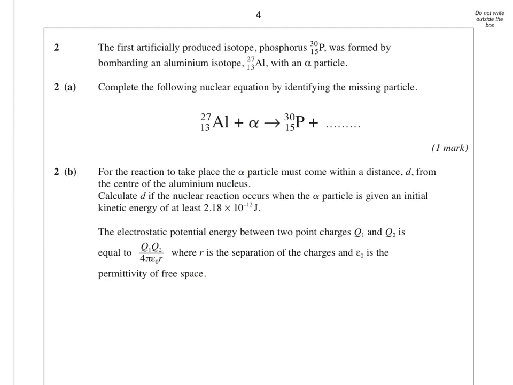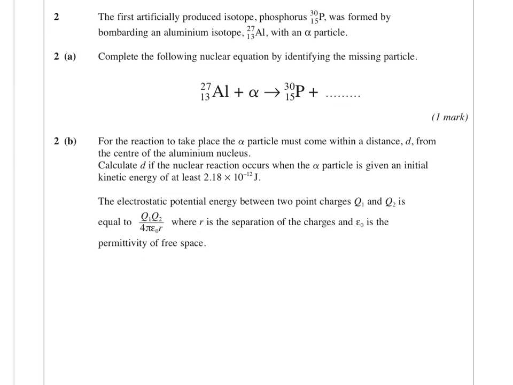Okay, let's move on. So the first artificially produced isotope, phosphorus, was formed by bombarding an aluminium isotope with an alpha particle. Complete the equation by identifying the missing particle. Okay, so the total nucleon number on the left is 31, once you take into account the aluminium and the alpha, so we need 1 on the right hand side. The total number of charged particles on the left is 15, and on the right hand side is 15, so whatever it is must be neutral there,